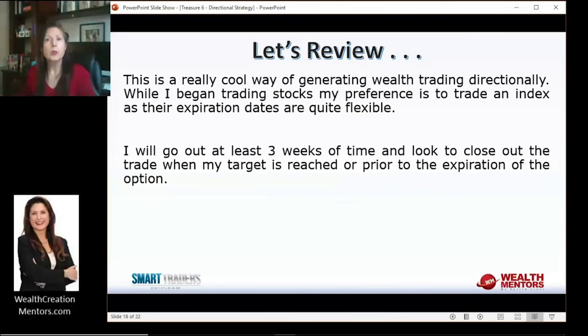I'm going to go at least 3 weeks of time, but I have to say this, you don't always hold it to the 3 weeks, and I will definitely be out when my target is reached or prior to the expiration. And people ask, well, how will you know what that option is going to be going for? It's called the options calculator. And what I do is I actually run the options calculator. I'll put down the price, my price target of, I guess, 305. And then I'll put down my strike price of 320. And then I'll put down the current volatility of the VXO. That's what I'm using. And then I will start out with about 20 or 21 days